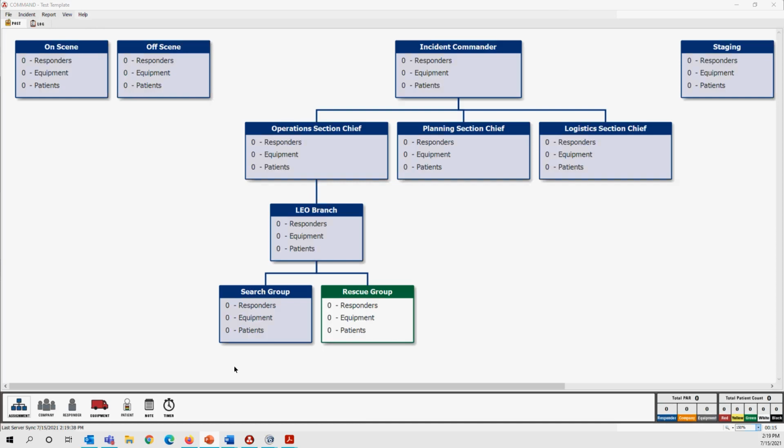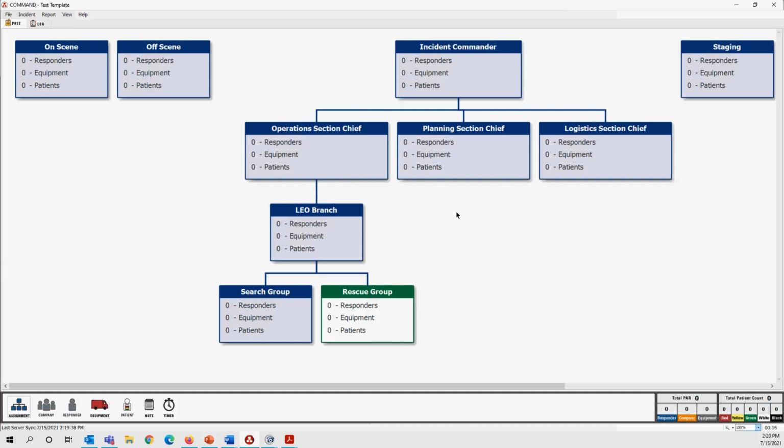What I mean by that is that if you have a list of people that are planned to be a part of that event, they should be under the off-scene assignment. Why? Because the moment and the day that you activate this event, let's say you had people within these different assignments,